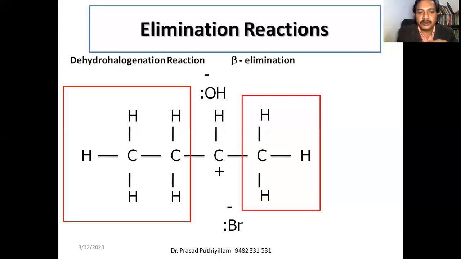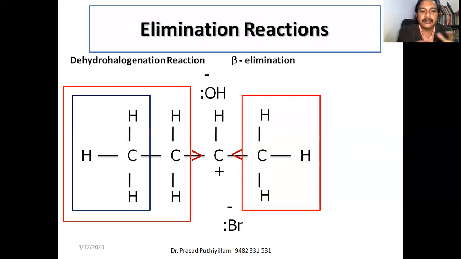Here it has two alkyl groups, one ethyl group towards the left side and one methyl group towards the right side. These two alkyl groups have an inductive effect, electron giving. They are giving electrons towards the carbon with a positive charge. Therefore, the carbocation is somewhat stable, getting support from both sides. Even the methyl group inside that ethyl group also has an electron-donating inductive effect. The inductive effect goes up to the third carbon atom, so the positive charge can be neutralized by the inductive effect.